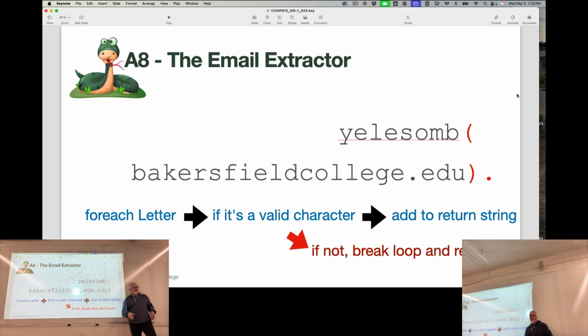Remember last lecture where I did the thing where I cleaned out the garbage characters in Bakersfield College? It's the same thing. I either keep it or I break that loop, because the minute I get to a bad character, I'm done with the email address. The email address cannot continue beyond the bad character because it can't contain the bad characters. So that's it. It ends. So when I do that,